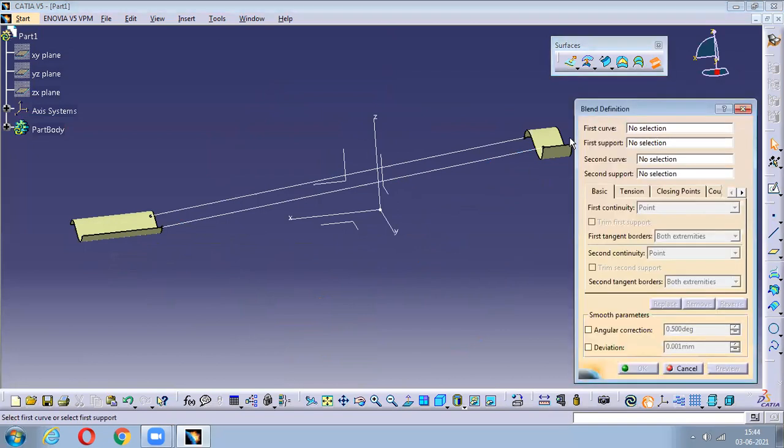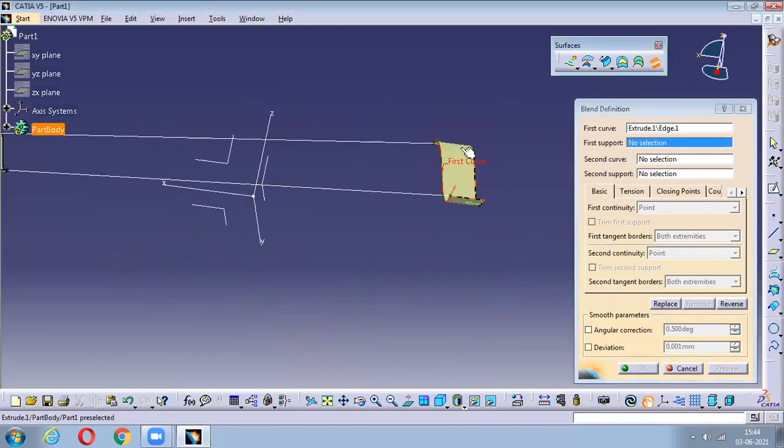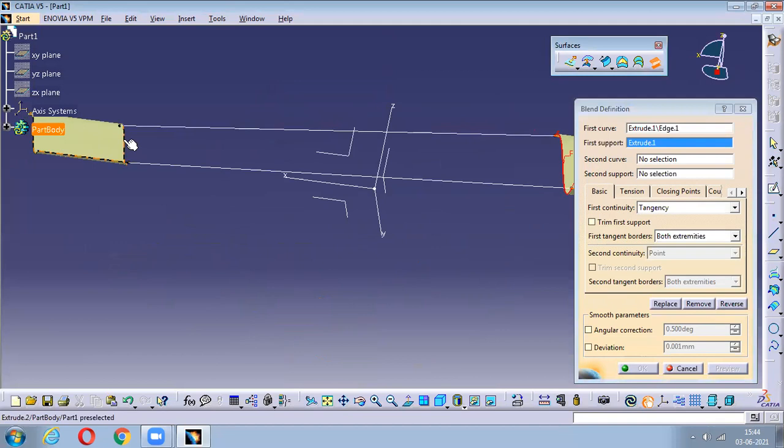Okay, so just go with this blend again. First curve, the first support, second curve, I need to select.